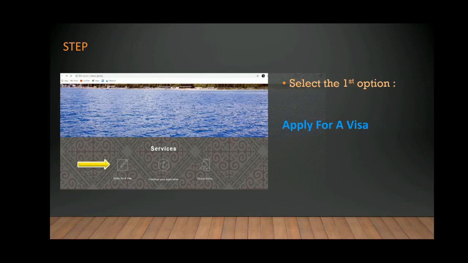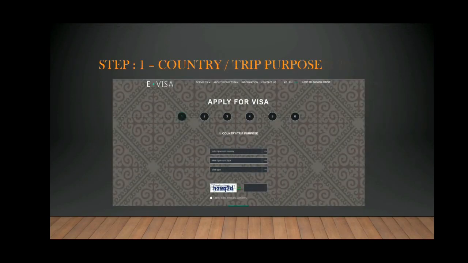You have to select the first option, which is apply for a visa. After selecting this option, you will see the first step on the screen. This step is named as country or trip purpose. In this step, you have to fill your details regarding your purpose of visit to Kyrgyzstan.